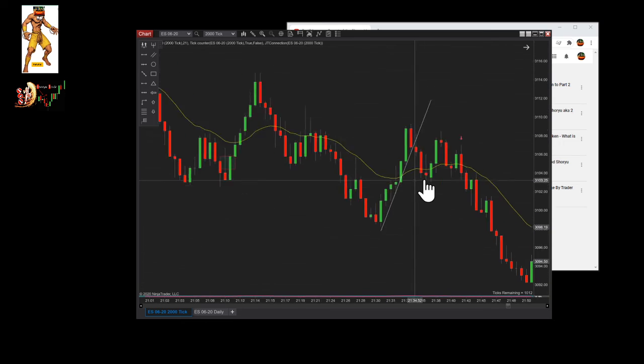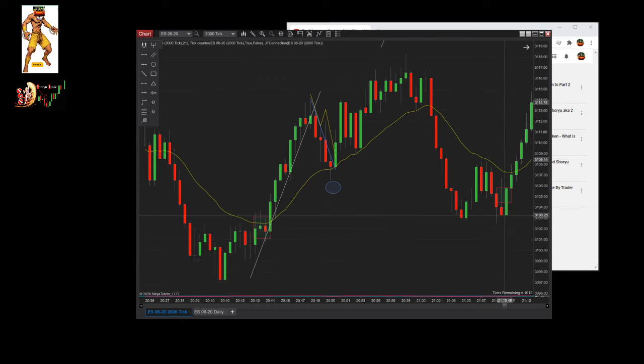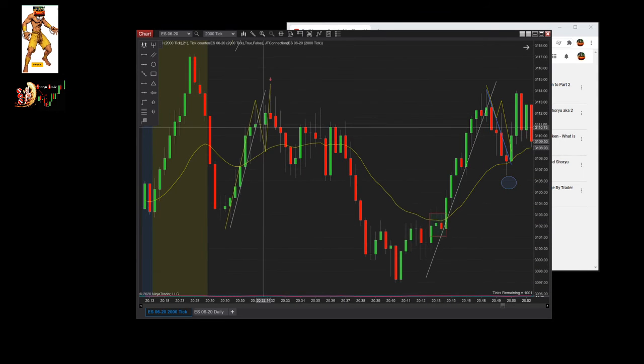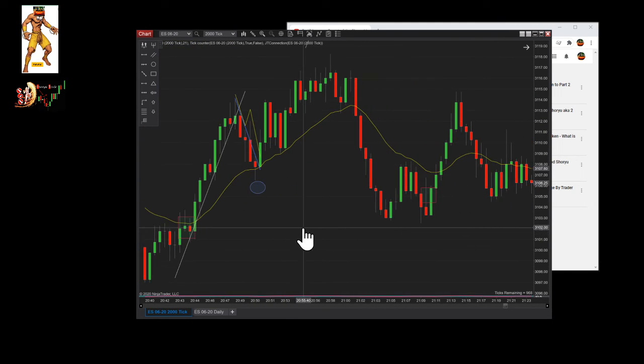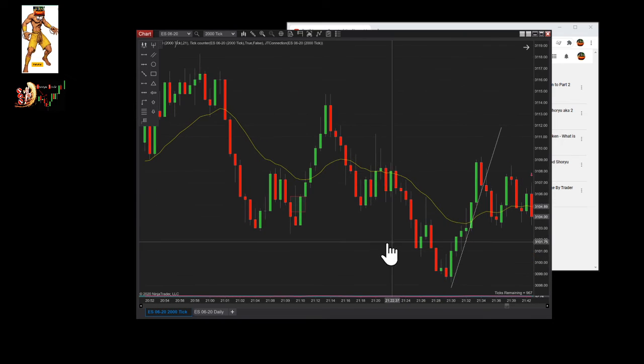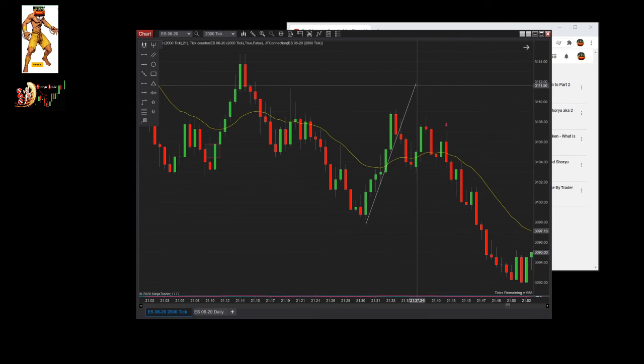So if you want to go in the opposite direction, let's say in this case, don't try to go if you see the two-legged move. Always wait for a lower high or higher low. They are much higher probability than going raw with a trend break, new high and short anyway.